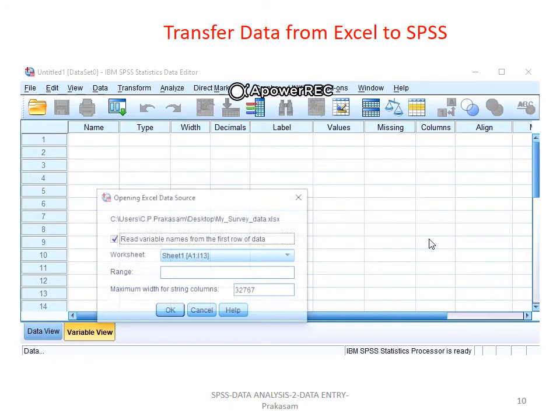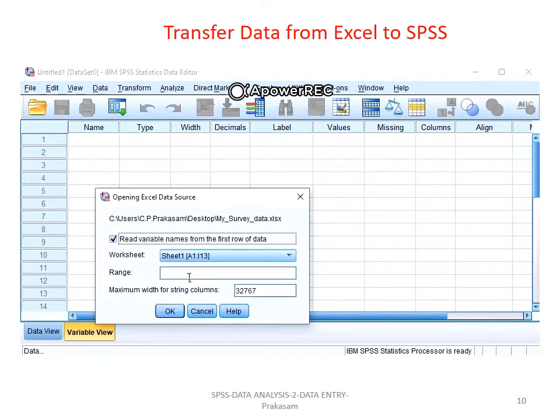Once you click Open, you will get a submenu like this. Then, as we earlier discussed, you identify the range of the observations, that is starting from A1 colon to I13. Once you have given the range of the data from the Excel sheet, then click OK.